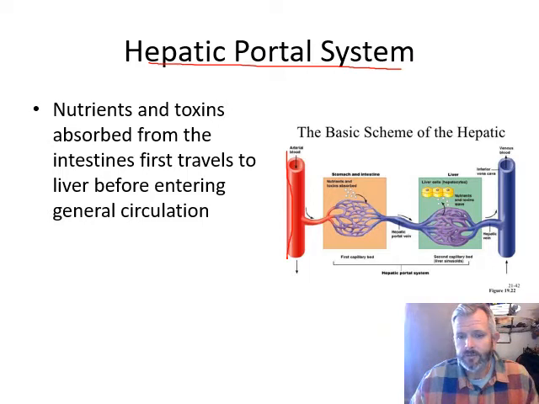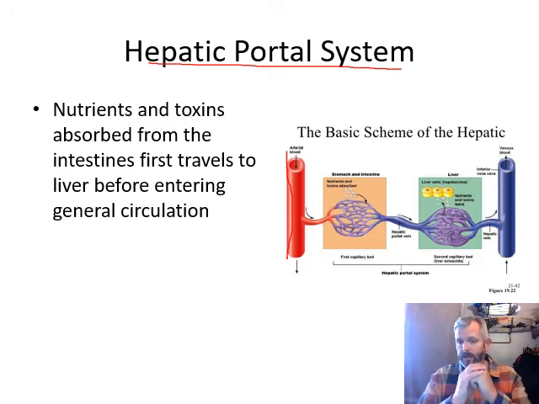We have one capillary bed. In this case, it's connected by the hepatic portal vein that sends it to another capillary bed before we get out into the general bloodstream here. And where we have the capillary beds for the hepatic portal system, the first capillary beds are the capillaries that